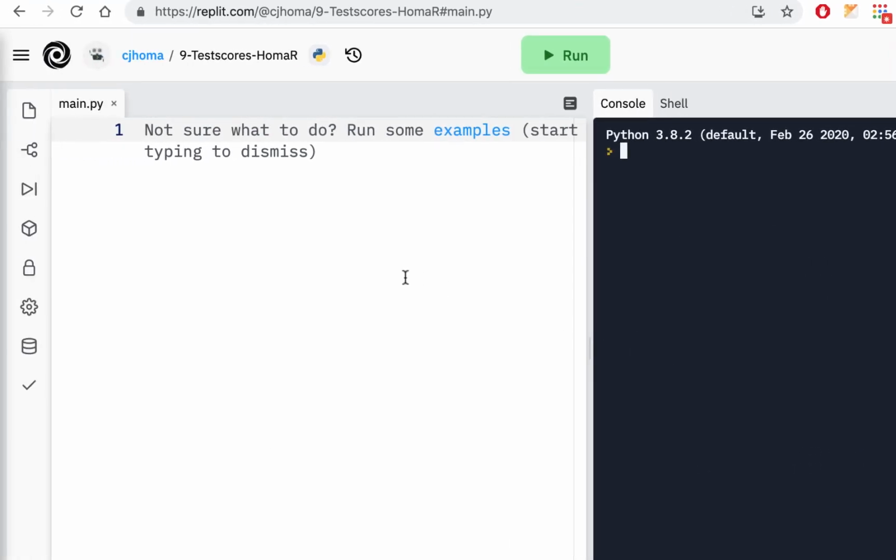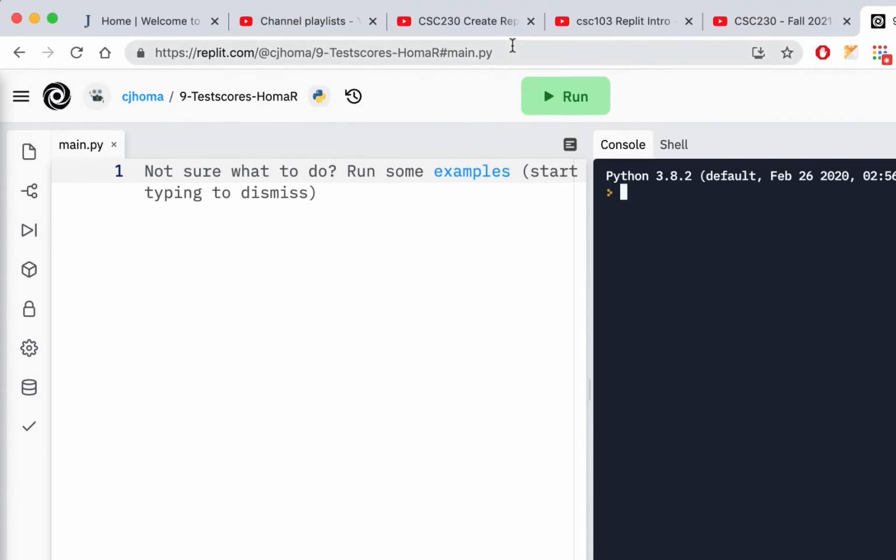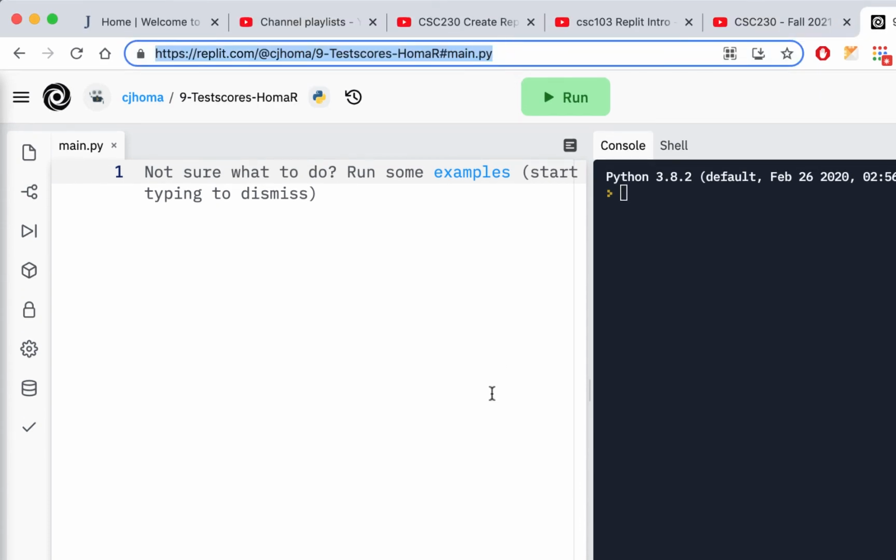So we're going to be working in here, and every file that we create is going to be main.py. Now you can make other files in there, but we're not going to have to do that right now. We're just going to use our REPL for each exercise. And when you're done with this, you're going to be able to share it just by highlighting this and putting that in your comments, just like we normally do. So I'll go over that when we actually do the exercise,